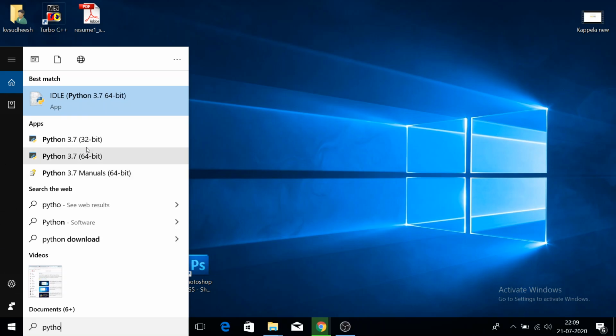So you can see two Pythons here, that is Python 3.7 32-bit and Python 3.7 64-bit. Actually, this Python 3.7 32-bit was installed earlier. Okay. So the 64-bit 3.7 you can see here. Clear? Just take that option.